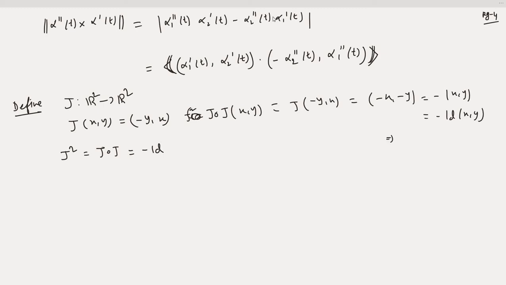So j composite with j equals minus identity, and j is called a complex structure